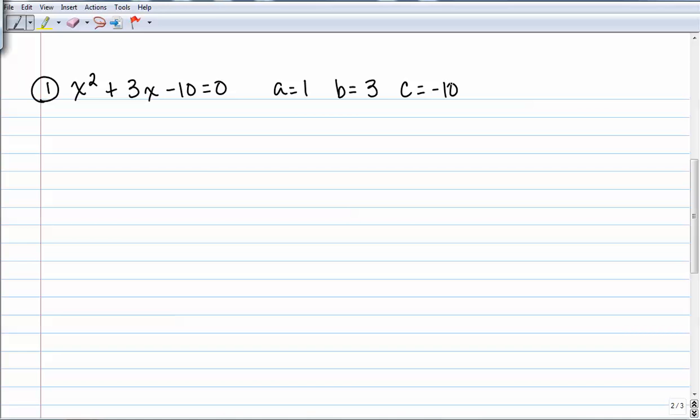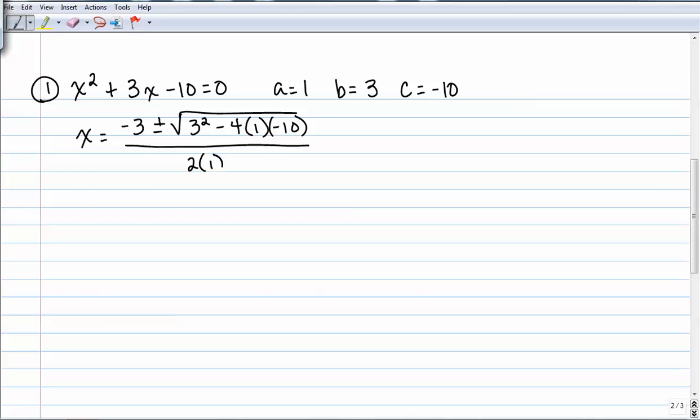So plugging those into the formula, x equals negative b, so negative 3, plus or minus the square root of b squared, negative 3 squared, minus 4 times a, which is 1, times c, which is negative 10. And that's all divided by 2 times a, which is 1. Now, using PEMDAS to simplify that, negative 3 plus or minus the square root of 9, and negative 4 times 1 times negative 10 gives me a positive 40, all over 2,